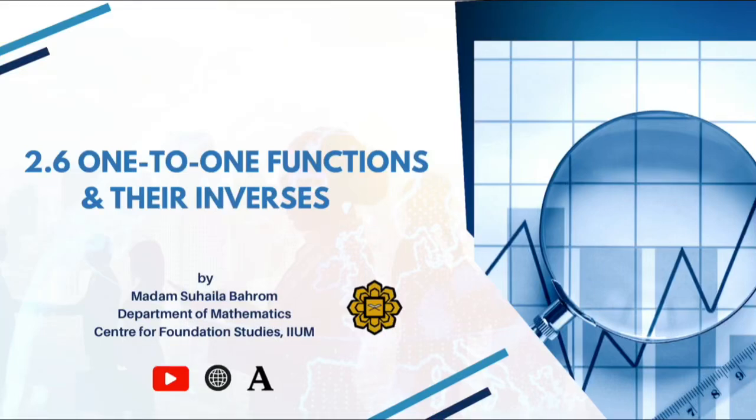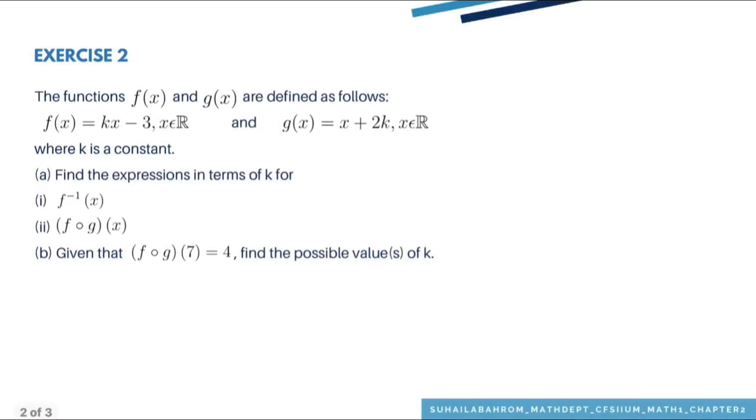Bismillahirrahmanirrahim. In this video, I'll proceed with the discussion of exercise from 2.6.1 function. So let's look at exercise 2. The functions f(x) and g(x) are defined as below, where k is a constant. Find the expression in terms of k for f inverse as well as